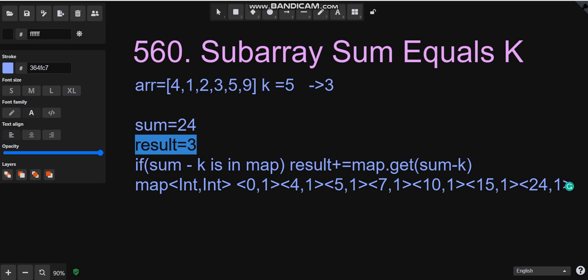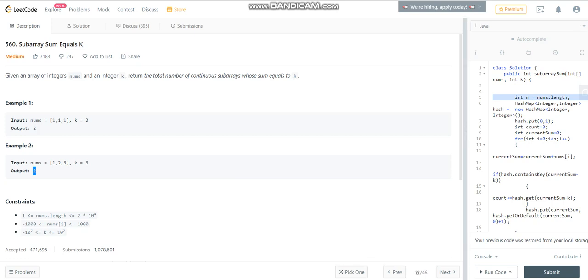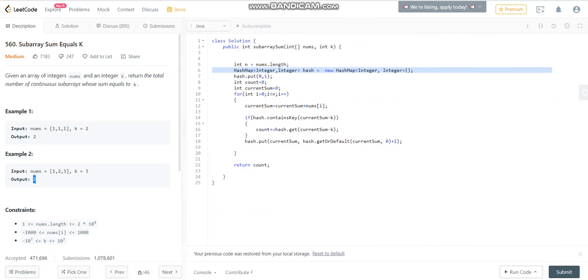So I will quickly show you the code. You would understand it much better. Okay, so this is the code. Here I have initialized the hash map, and here I have put the first element, that is 0 comma 1. I have explained the reason for that, right? Then I am looping through the array and calculating the current sum, and I am checking if current sum minus k is present in the map or not.